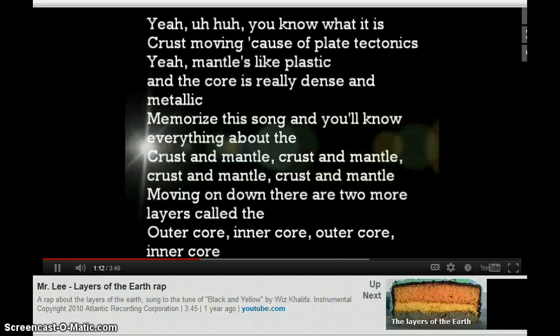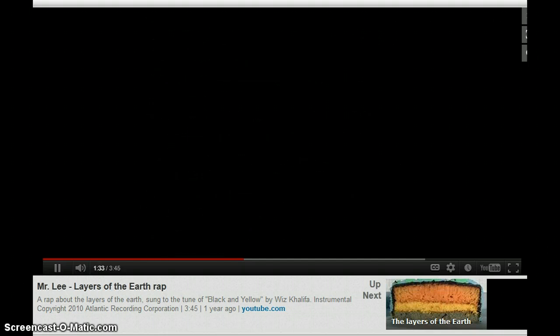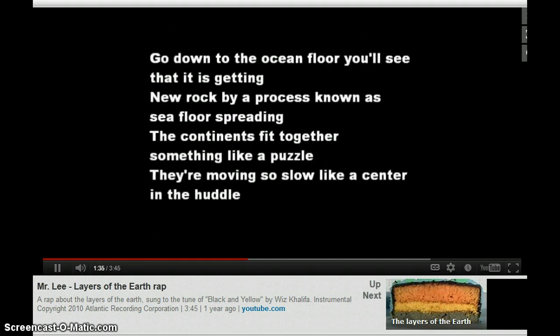Yeah, you know what it is. Crust moving cause of plate tectonics. Yeah, mantles like plastic. And the core is really dense and metallic. Memorize a song and you know everything about the crust and mantle. Moving on down, there are two more layers called the outer core and the core. Go down to the ocean floor, you'll see that it is getting new rock by a process known as